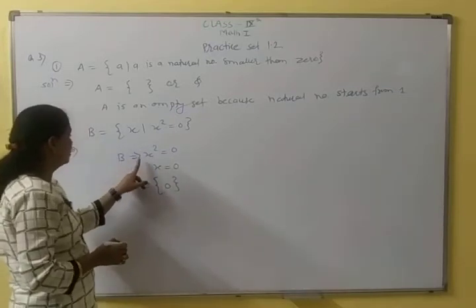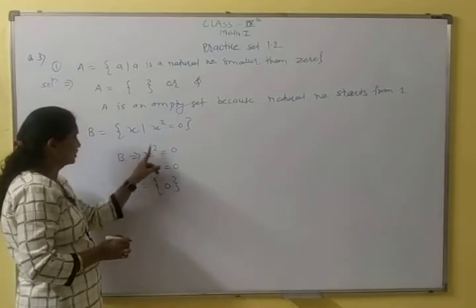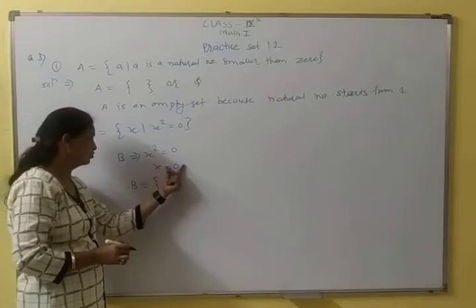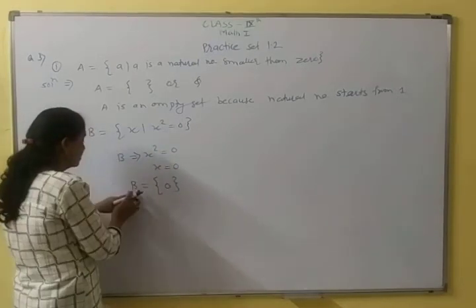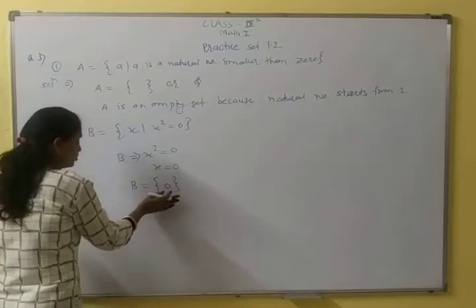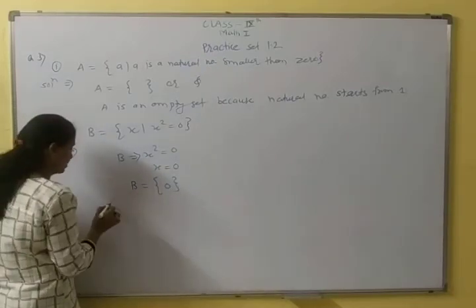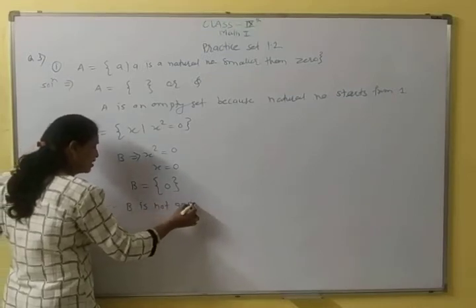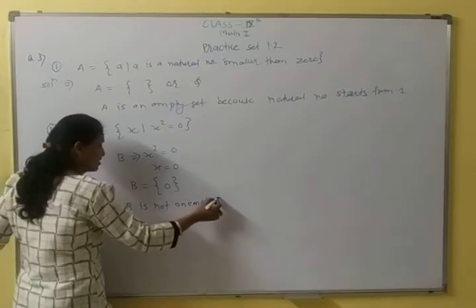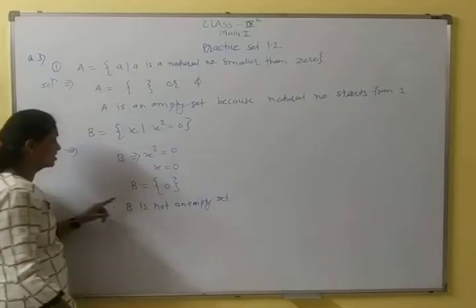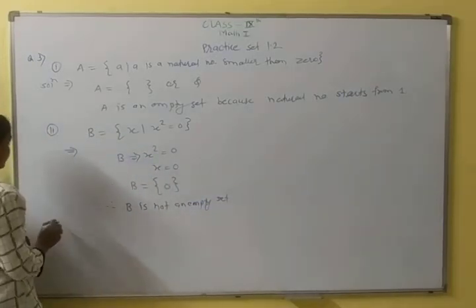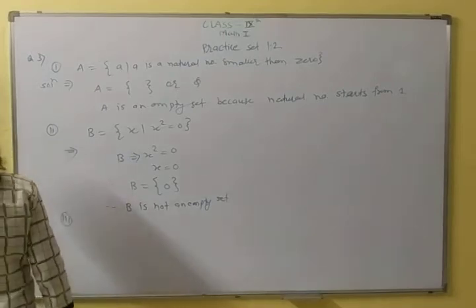So in this set B, x square equal to 0, solve this. Taking the square root on both sides, x equal to 0. And in this set B, there is only one element, that is 0. So this is a singleton set, not an empty set, because a singleton set has only one element. Therefore, B is not an empty set. Third,